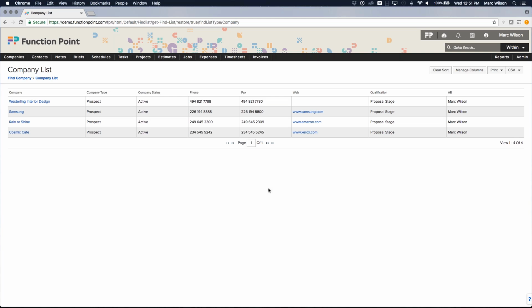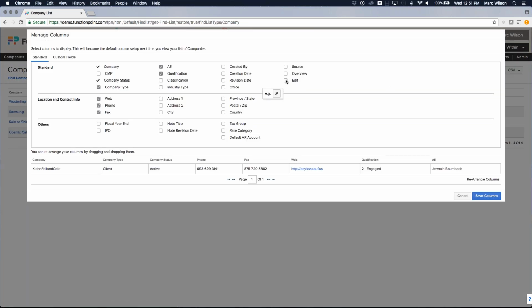But one thing I can show you to help with it, and you might already be familiar with this, is, let's say that you wanted to change the qualification level or know categories or whatever, what's the fastest way to do it? So right now I have this company list that's in a proposal stage. Let's say I wanted to change these all to something else. The quickest way to do that would be to add the edit button back in if it's not already there,